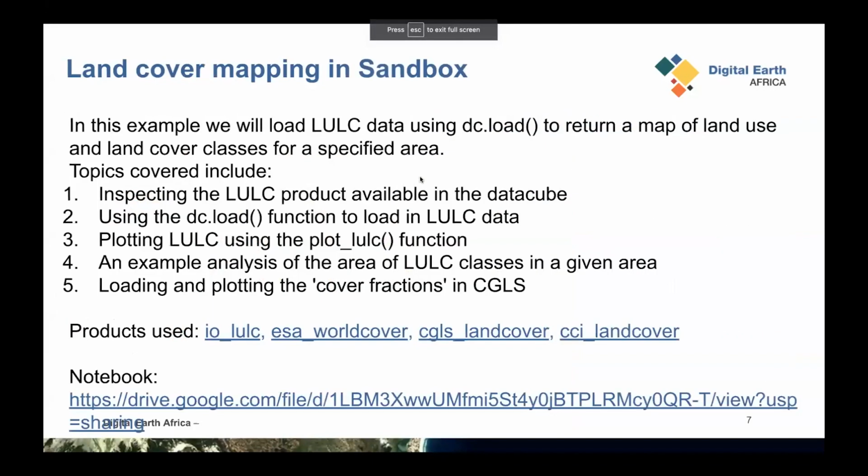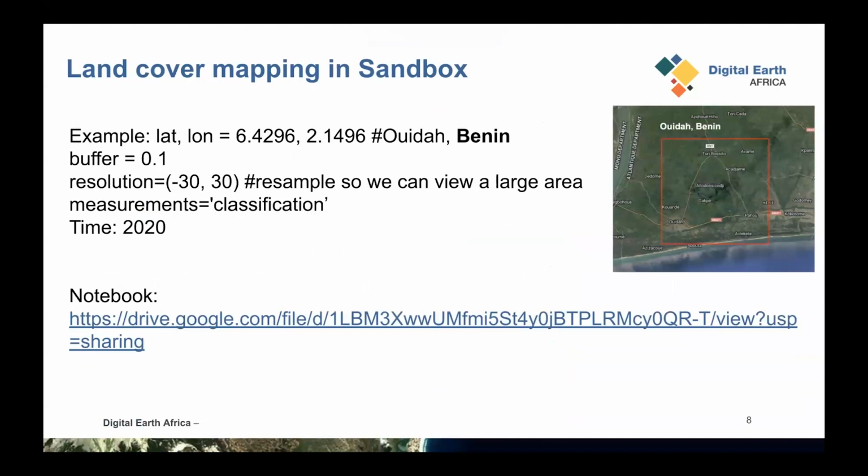And going next in my presentation, we can also do the same in Sandbox. This particular one has been ongoing work with our implementing partners, Observatoire du Sahel in Tunisia and our partner AfriGIST in Nigeria. They developed this notebook, which helps you to load the data that I've mentioned and do some comparison. I'll share this presentation with you in the chat so that you can try this on your own. So going back to the same example of Ouidah,